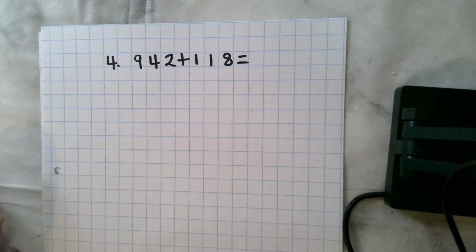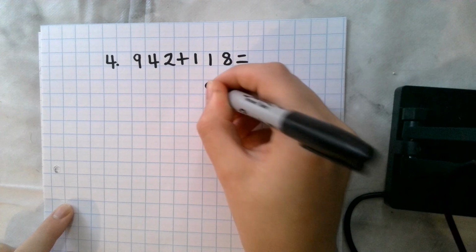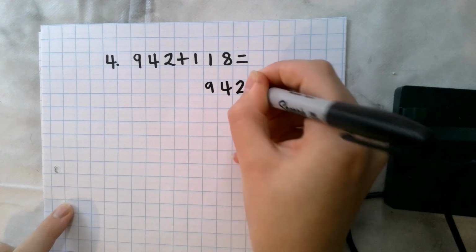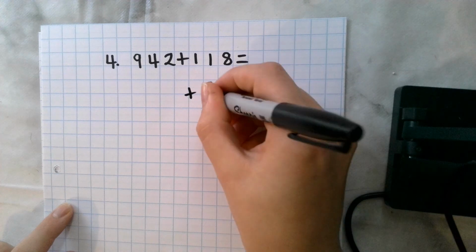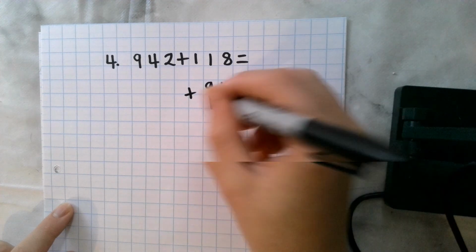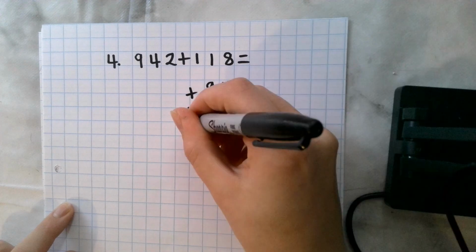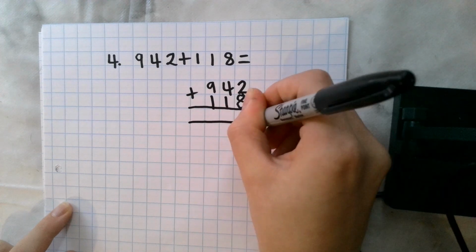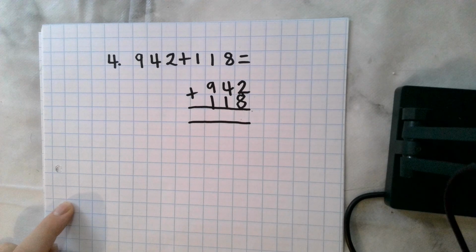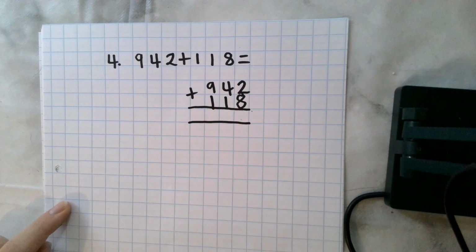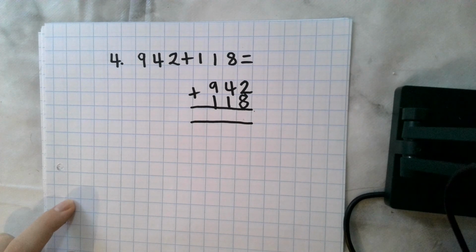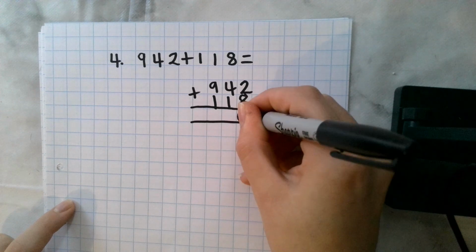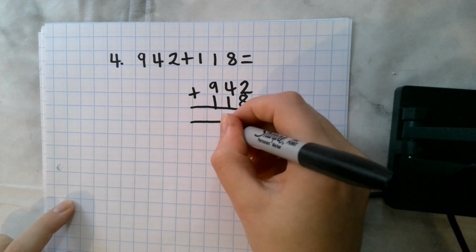Okay, another one. So this involves more than one carrying of a number. So I'm going to start with my biggest number, which is 942, and then put my 118 underneath with my difference bar put in place so I can put my answers clearly. Okay, so I know that 2 add 8 makes 10. There's only room for one digit, so I'm going to put my 0 units in there and my 10